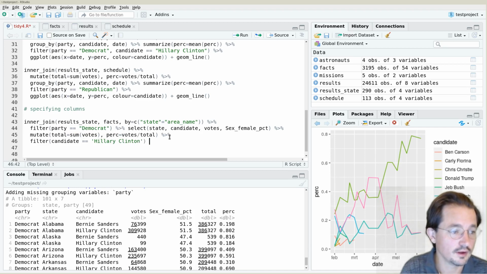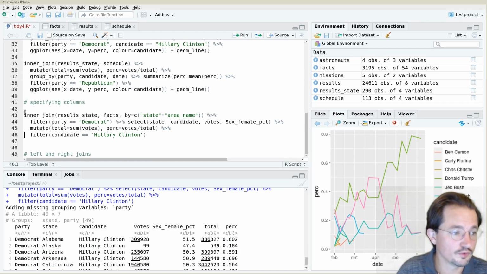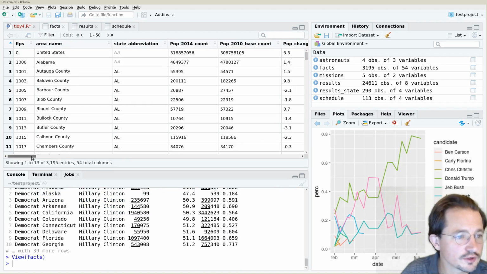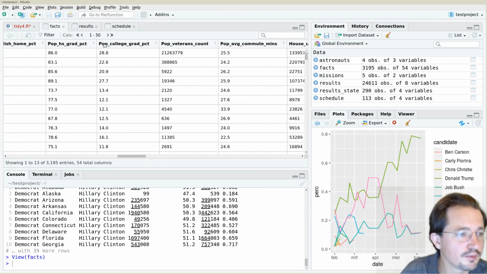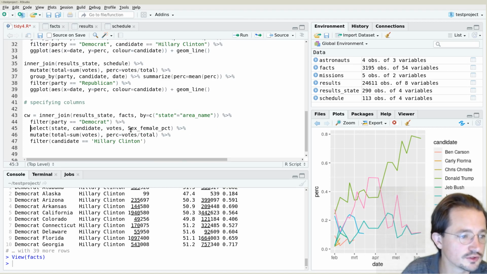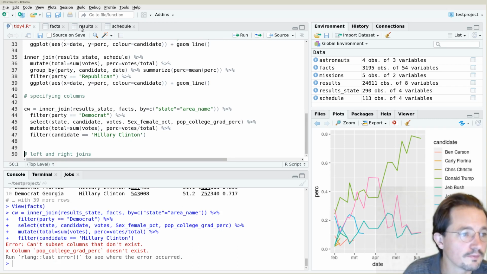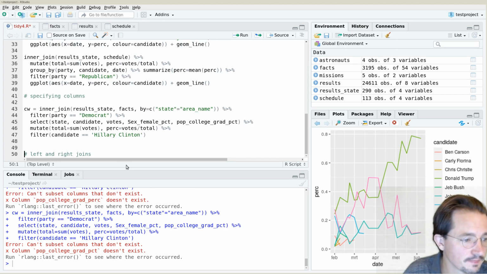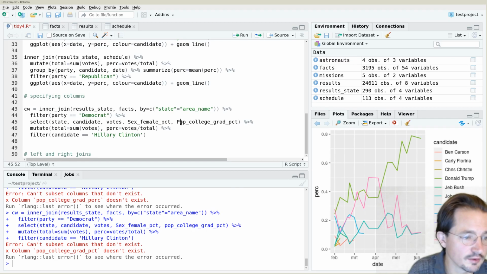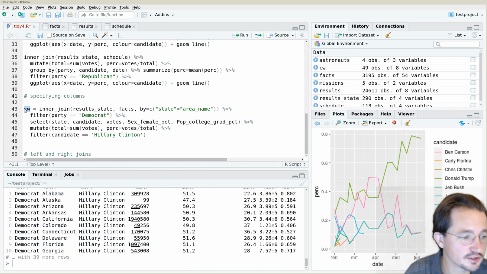and we will call this the Clinton women data set. Let's actually add one more. Get the college educated voters, which I think is called pop college grad percentage. So we're going to get that one as well. So we're going to increase our selection to also have pop college grad percentage. Is that correct? No, it is pop college grad PCT for percentage. And it's called capital P. There we go. So now we have our data sets,